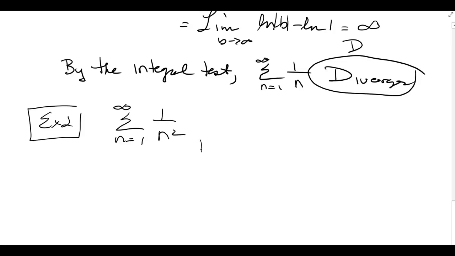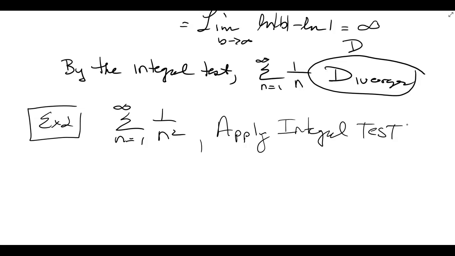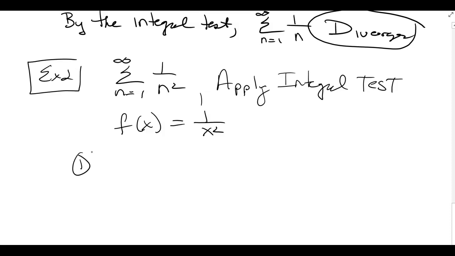All right, so to apply the integral test, because number one, we already found out that the divergence test is inconclusive. Pretty easy to find the integral of this one, so we're going to apply the integral test. Okay, well, our function is 1 over x squared. For the same reasons that 1 over x is continuous, 1 over x squared is indeed continuous. We're good